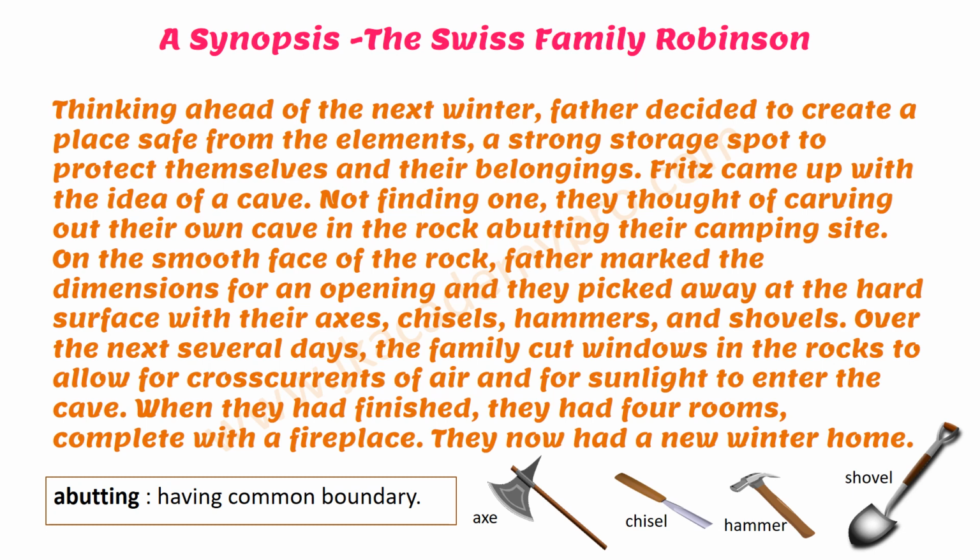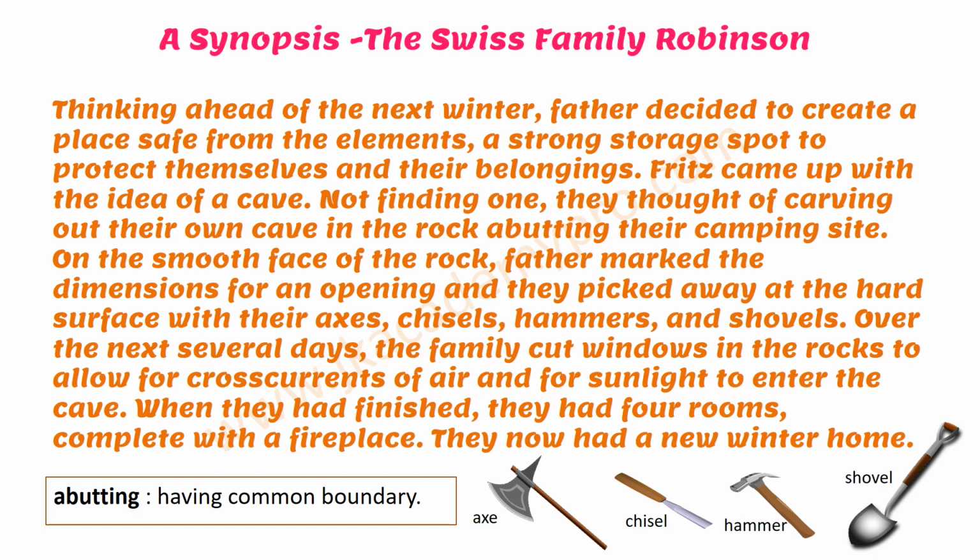Picking means they started cutting the rock. So breaking the rock. So with what did they use? Axes. They use chisels. Chisels are a big nail-like thing where you hammer it. You know what hammers are? And shovels. Shovels are to pick the rocks, pick the mud out. So those are used as shovels. They are big spoons, okay, which the people who construct use. They are big, massive spoons. No, you must have seen. So axes, chisels, hammers, and shovels they used to start chipping or breaking the rock to make a cave out